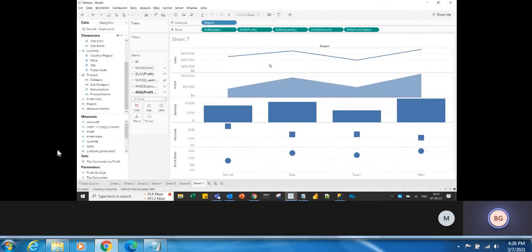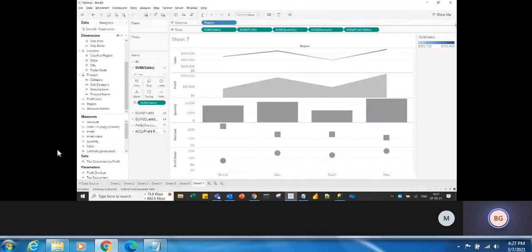Okay, and even if you want to apply some color, or some size, you have to do it individually if you want it in a different way. So go to the sales. Now I want to show the sales in a different way, right? So drag the sales into color. When you drag the sales into color, see what happens: the least values are showing in light color, and the higher values are showing in thick color. When you drag the measure, if you want to increase the size of this line, you can do that.